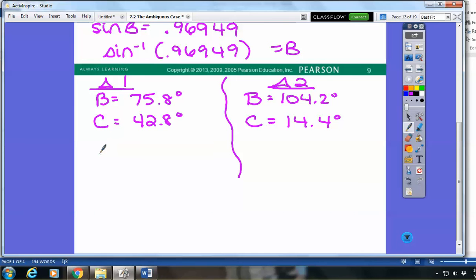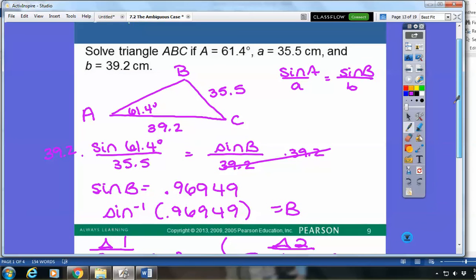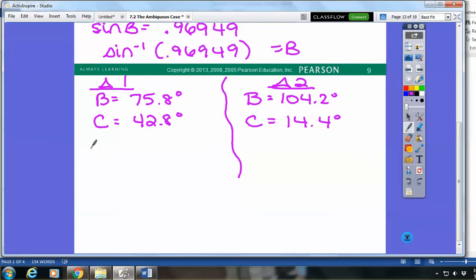Since I'm looking for side C, let's set it up where the side is on top. So you could technically use A or B for the rest of it. I prefer to use the numbers they gave me in the problem, so I'm going to go back and use my A's. So side A was 35.5 over sine of angle A, which was 61.4,